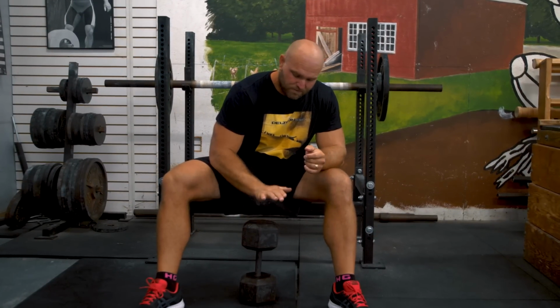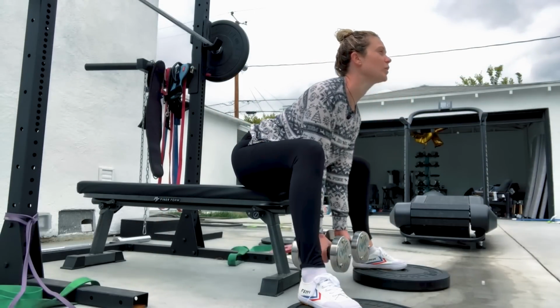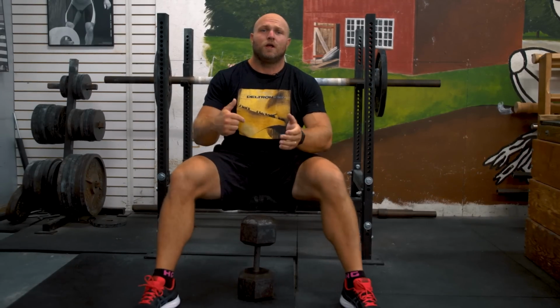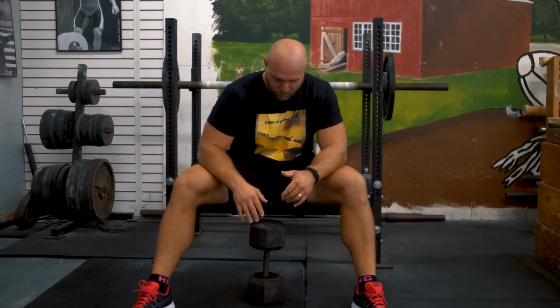Now, Ben puts in a lot of his workouts some type of good morning. You can do dumbbell, you can do it with barbell. Typically he does have it with barbell. I like using this bench here with a dumbbell because I can get a little deeper range of motion, and